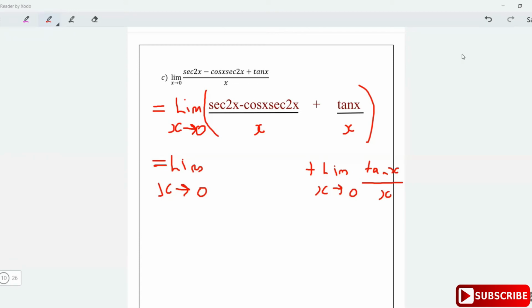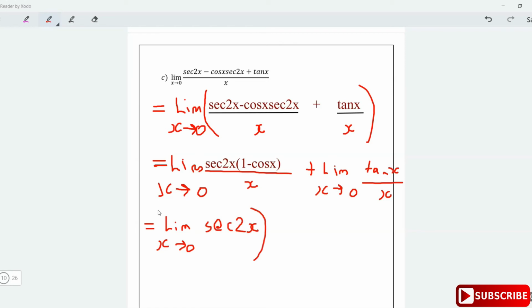But on this side, what do I notice? I observe that I can factor out a sec 2x over here. Then I'm left with 1 minus cos x, and this is all being divided by x. So now I'm going to rewrite this part as the limit as x approaches 0 of sec 2x